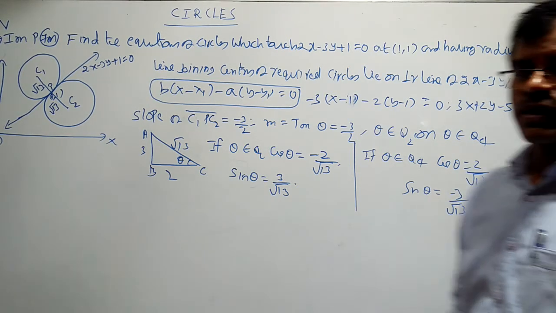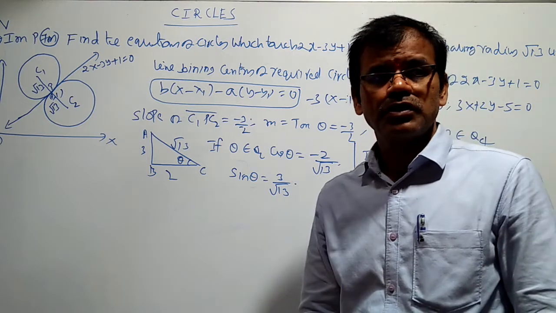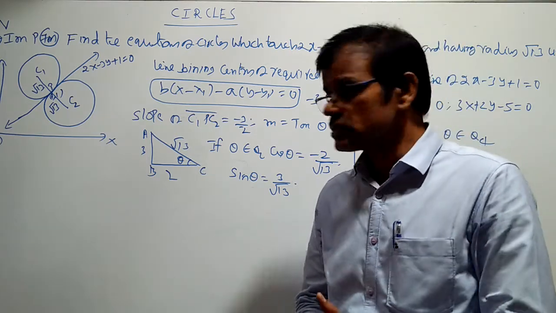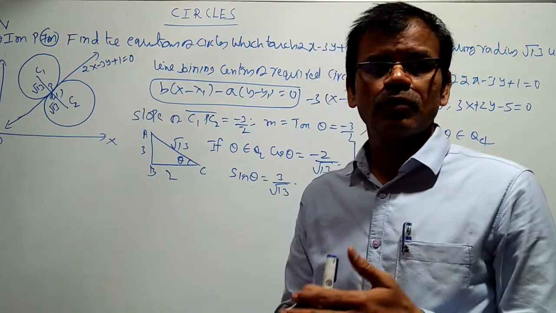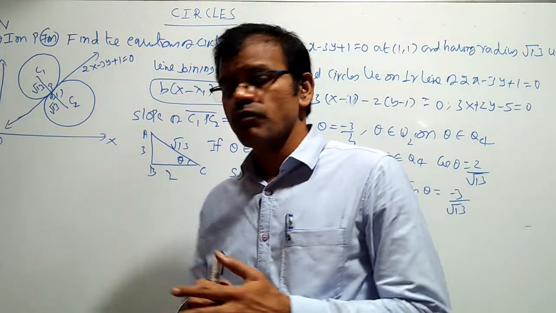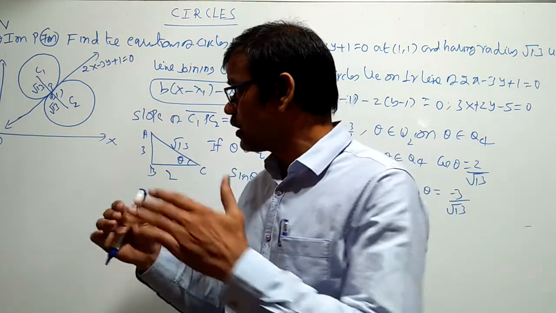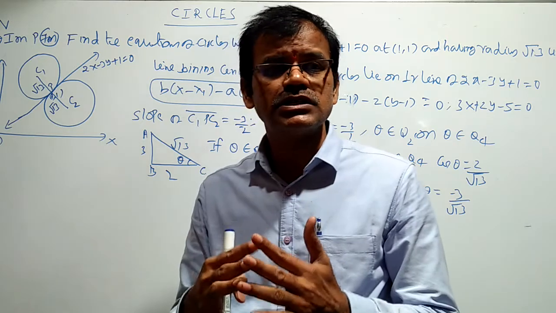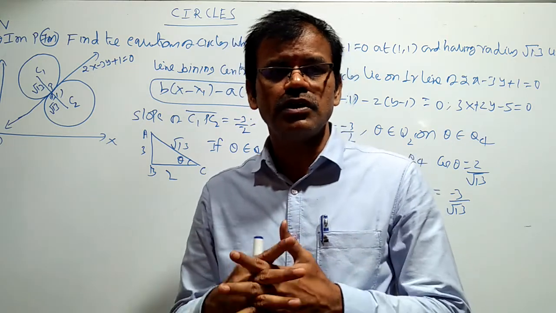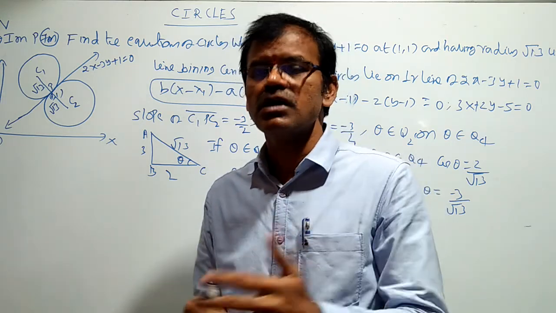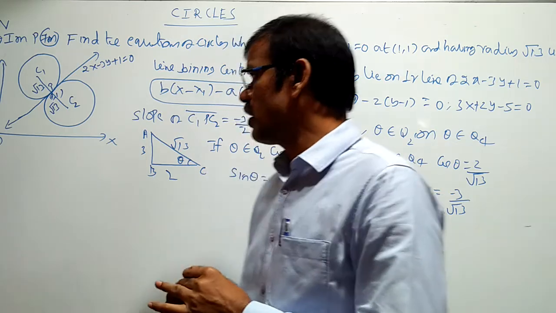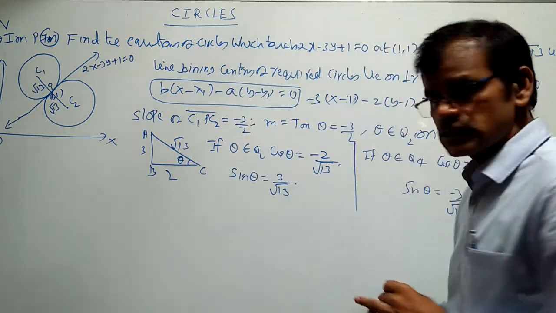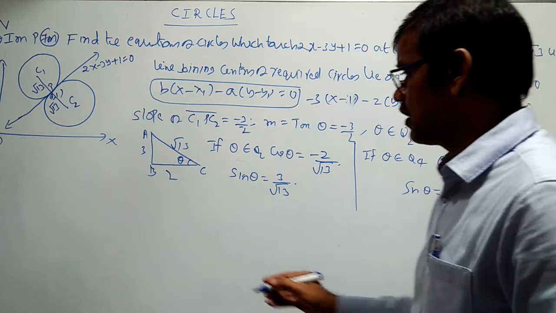Now using the parametric equation of a straight line. Why are we using it? Because x1, y1 is the point (1, 1). From P, the center C1 or C2 is r units distance from (1, 1), so we can use the parametric equation. For a point r units from x1, y1, we use x = x1 + r cos theta and y = y1 + r sin theta.